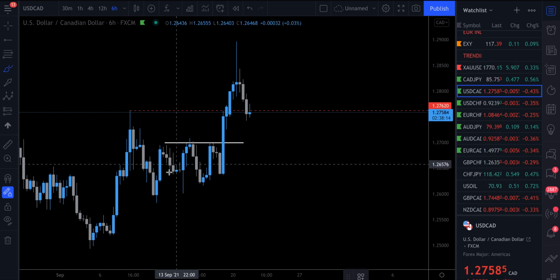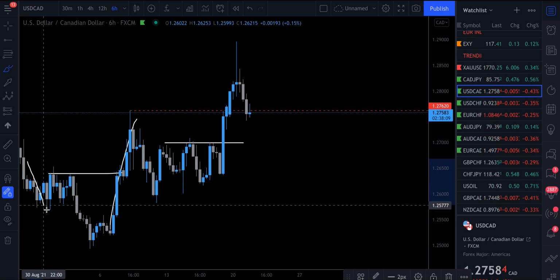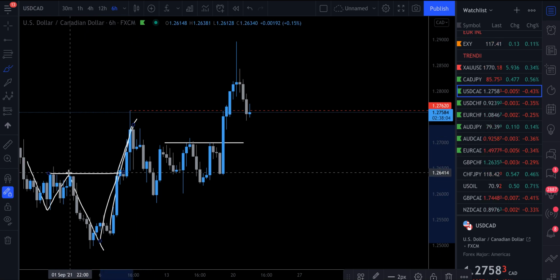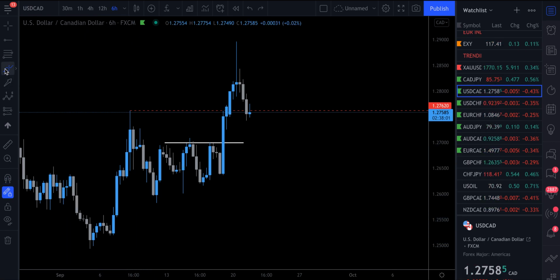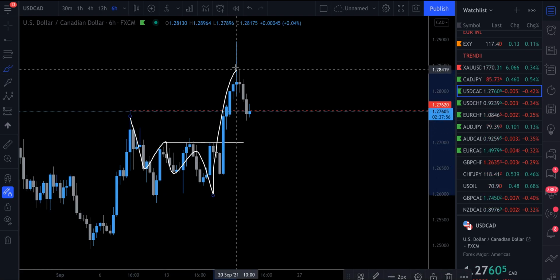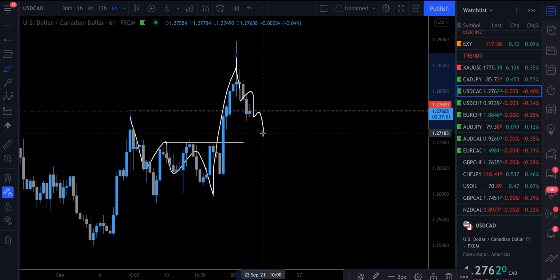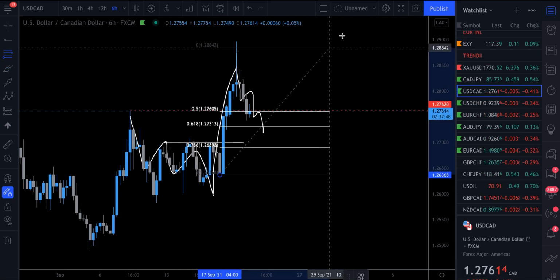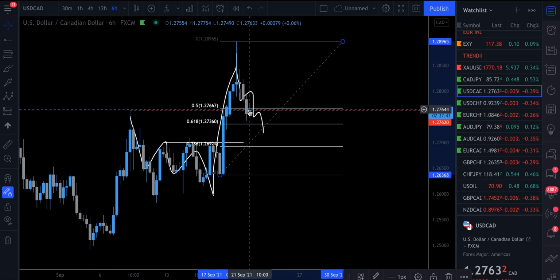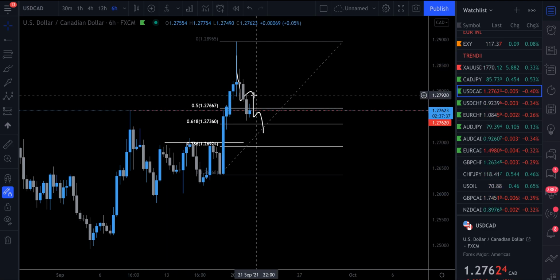we are clearly buy bias on this pair because we've had an impulse. We had bearish structure, then we shifted. We broke above this key level here, then we retraced and we corrected, and then we've had another impulsive move to the upside. Okay, so after an impulse, what we want to see is a correction. So if we take our fib from swing low to swing high, you can see price came at least to our 50% retracement, so that meets that criteria. Therefore, we can now look for long trades